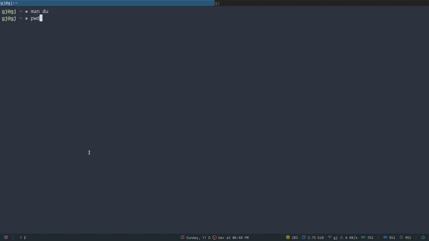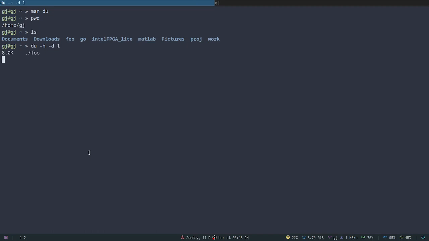If I do pwd, which means print working directory, I am at my home. I list my files, so these are my files. Suppose I want to issue du -h -d 1, that is just depth 1, which means just at the first level I want to know the sizes of all my folders. So basically it is